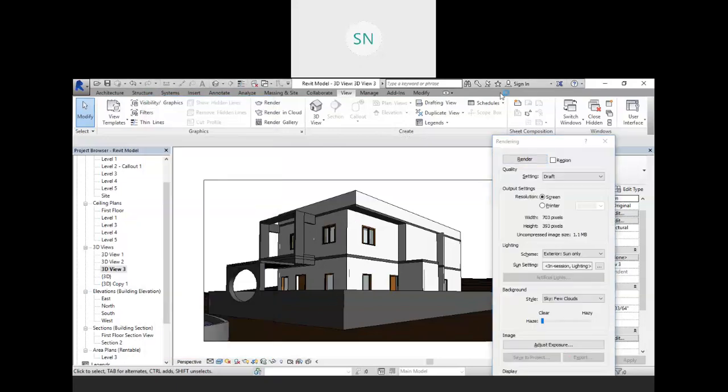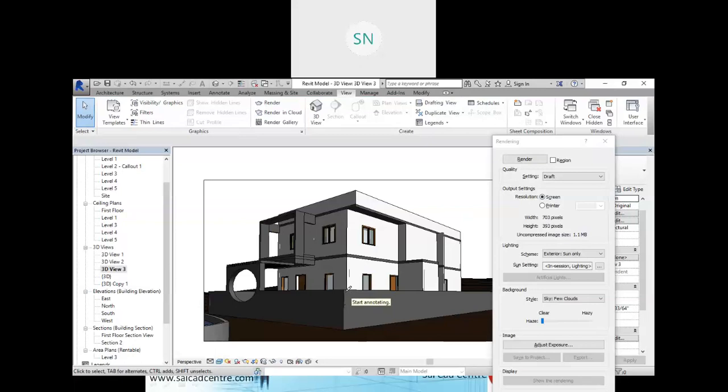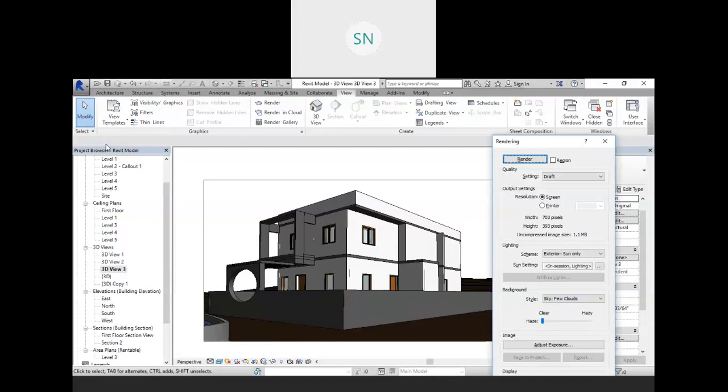See what is perspective? This portion is close to the eye, so we have a bigger view. Then as we go far away, it will give you a small wall height over there, right? But as we all know, the wall height is the same up to the end, but due to this perspective effect you will get this type of thing, right?